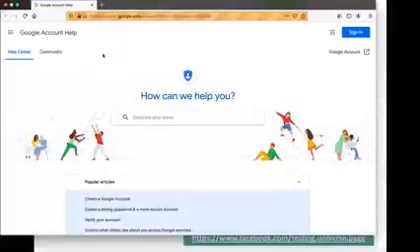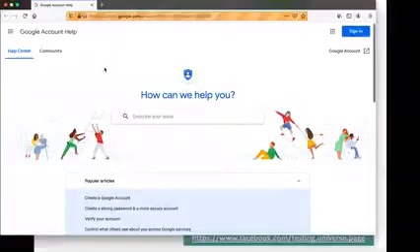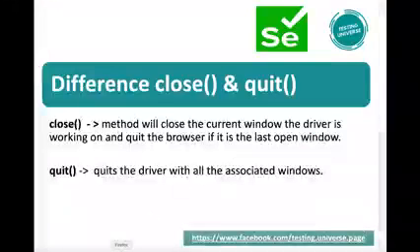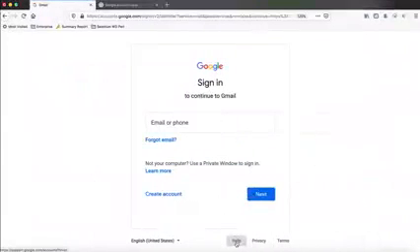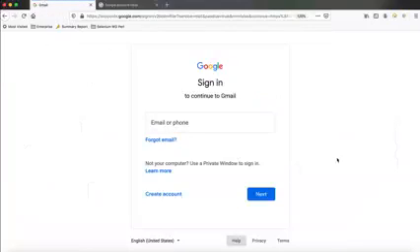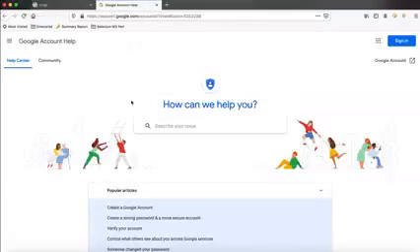When I was clicking on help, the driver was pointing to gmail.com. If we do it manually, when I click on help, this window will be shown visually, but the driver will still be pointing to the gmail.com window, that is the parent window, until we use getWindowHandles and switch to the new window.